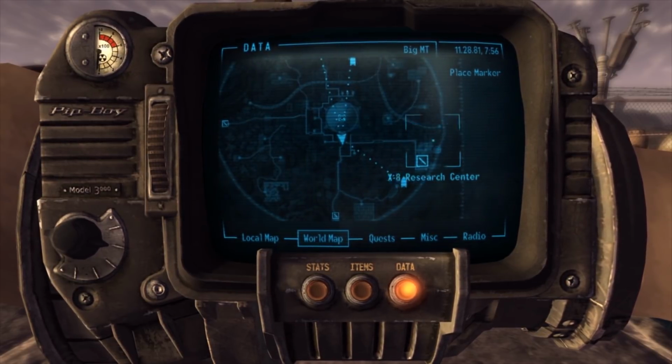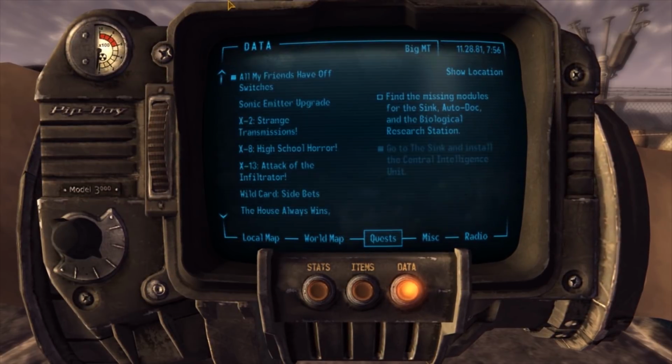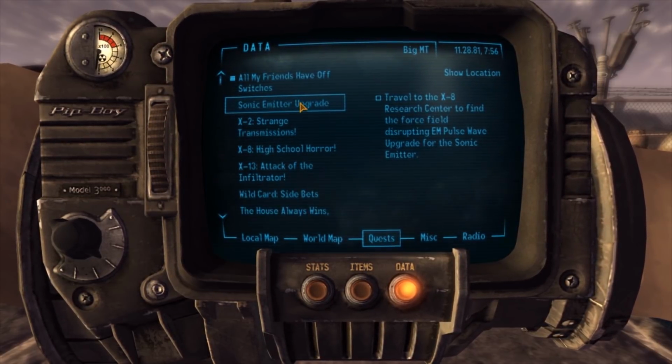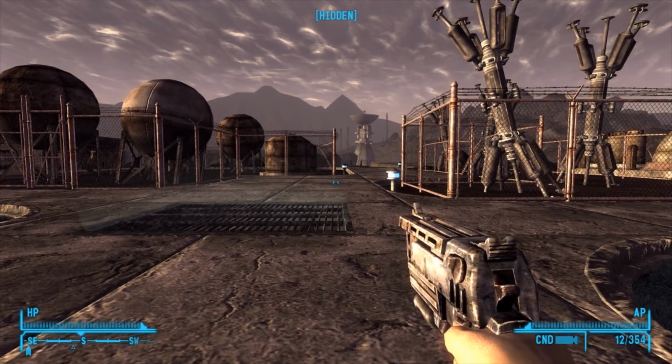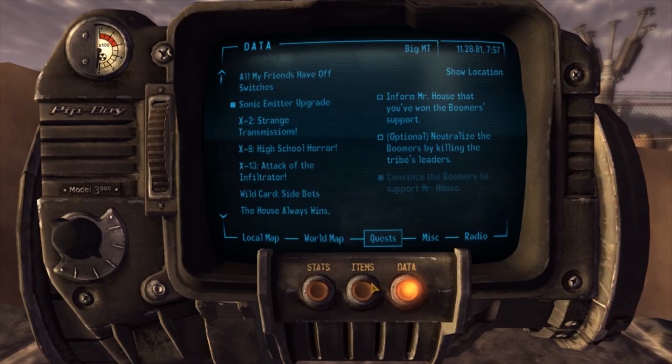Is that one? I think it's X8. Yes, I think it's this one. But let's have a look at the quests. Sonic emitter upgrade. Yeah, X8. X8 is probably your best bet. But we also have, in items,